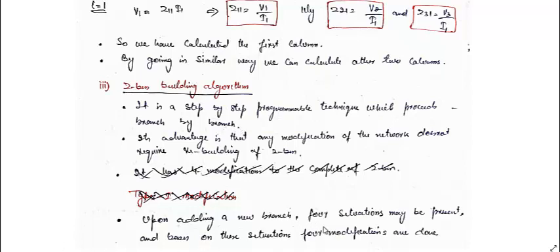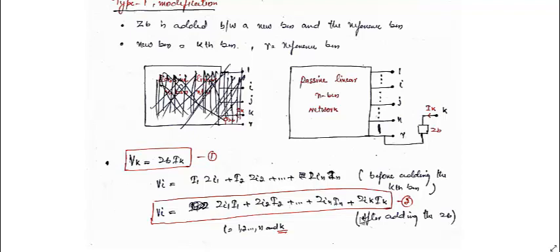Upon adding a new branch, four situations may be present, and based on the situation, four modifications are done. So depending on whether the branch is added between an old bus and a new bus, a new bus and the reference bus, or between old buses, we have four modifications. The first modification is when this branch having an impedance Zb is added between a new bus and